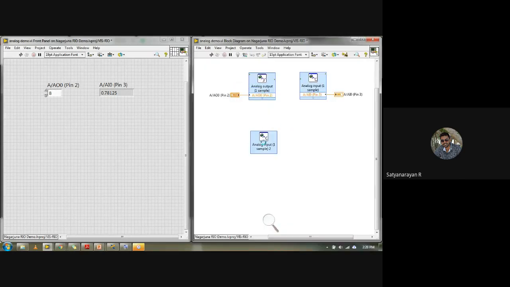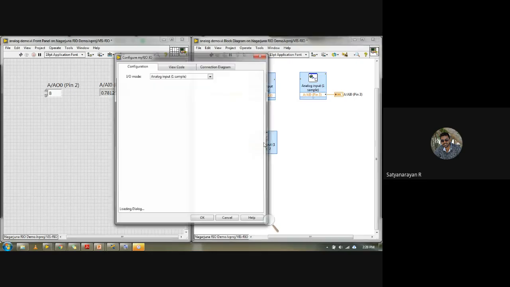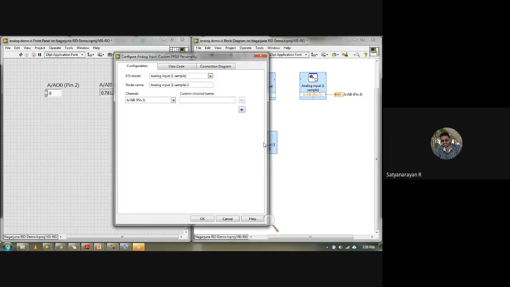Here you have to select the port accordingly. So here I'll go with C/AIO0. I'll just click. Okay, this is my analog input.